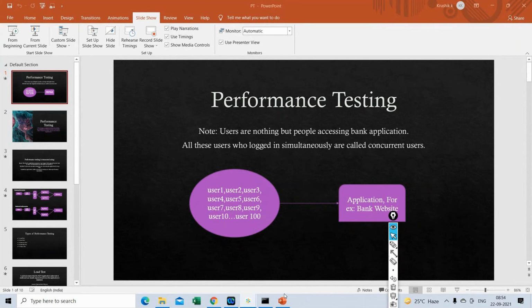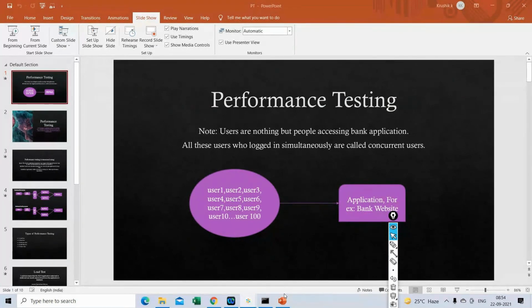Is there any difference in testing for 50 users and more than 50 users? No, from our perspective, there is no difference. The script is the same, the settings are the same, everything is the same, but you test with more users. And what will happen if you test with more users? The chances of getting issues are higher. If you keep increasing the number of users, the chances of getting issues increase. That's it.